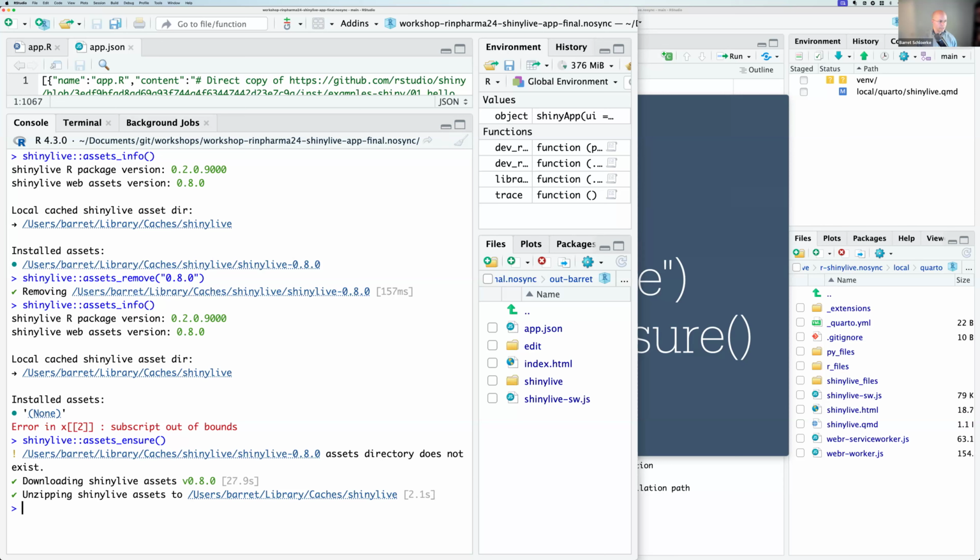Hopefully, if you get the latest shinylive on CRAN, then you'll get a newer one. Have we not released it? Wow, it's 0.5. Thank you, Howard.